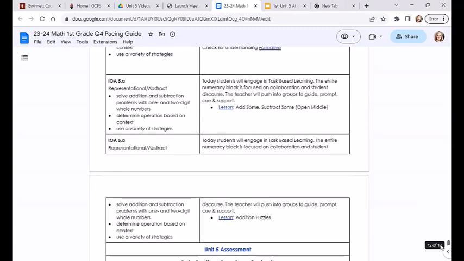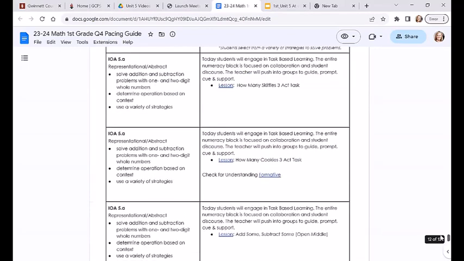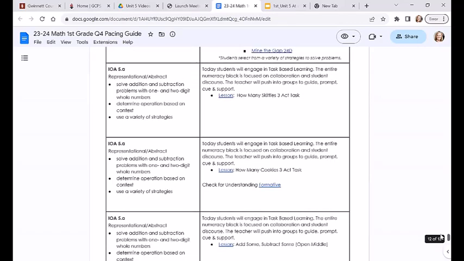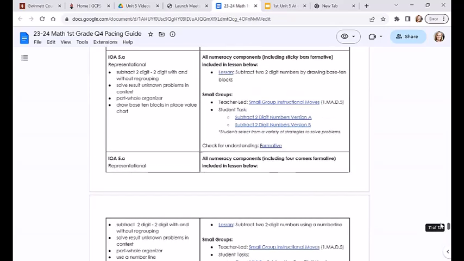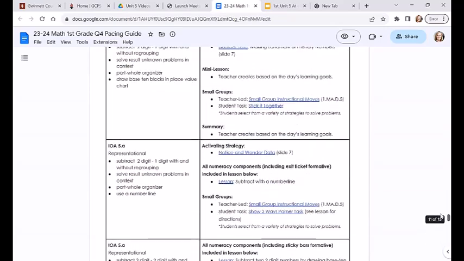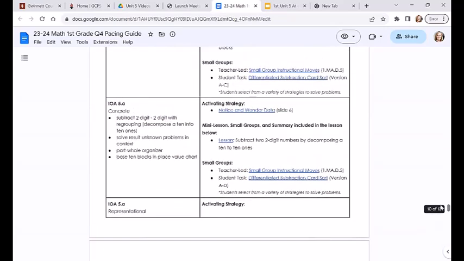Now, thinking about the entire unit, there is one thing that I want to point out that I haven't talked through yet. Just like in previous units you've seen for first grade, the activating strategies are very intentionally paced out. So something to notice is some of the days, like this day right here, you'll see a notice and wonder